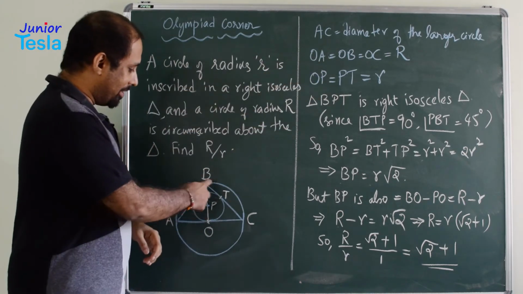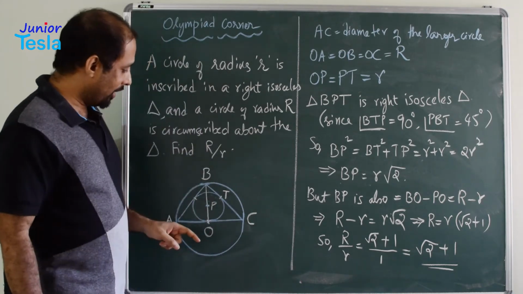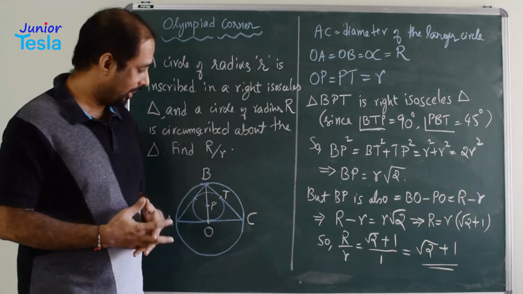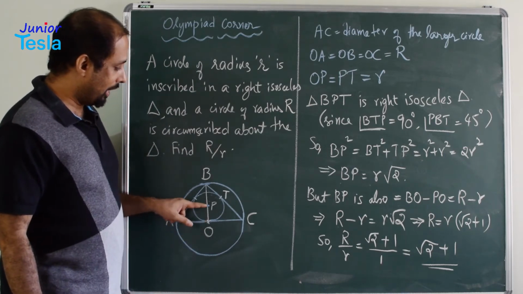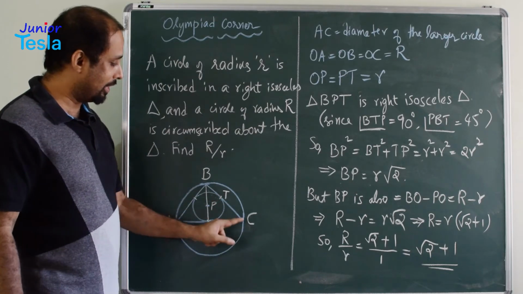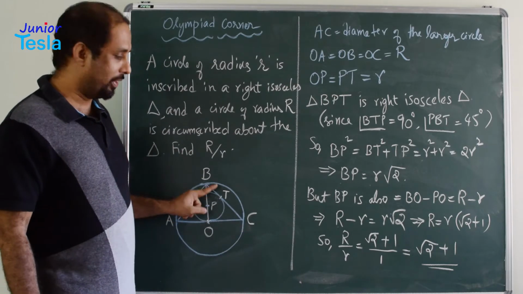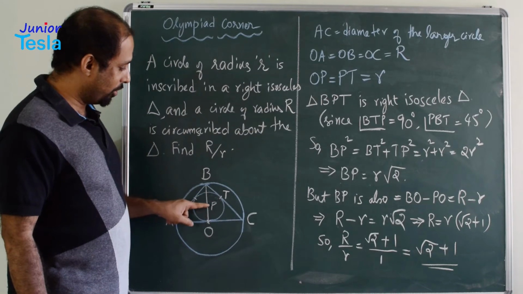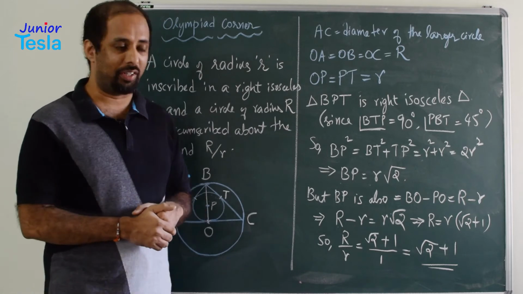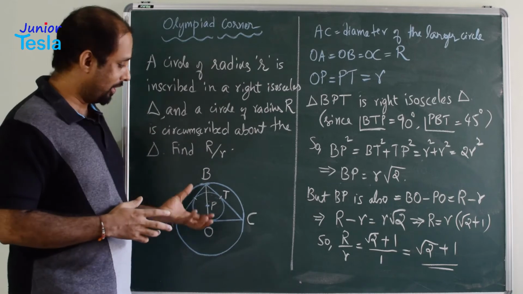Then we have drawn another circle which is inside the triangle. That means it is touching all the three sides of the triangle. So T and Q are two points where the circle is touching the triangle, right? Here PQ is the radius of the smaller circle. So PQ is also equal to PT. Why? Because BC is the tangent for the smaller circle, and T is the point of contact of the tangent to the circle. So PT is also equal to PQ. So therefore PQ equal to PT equal to small r, which is the radius of the smaller circle. So all this information can be drawn from the diagram.